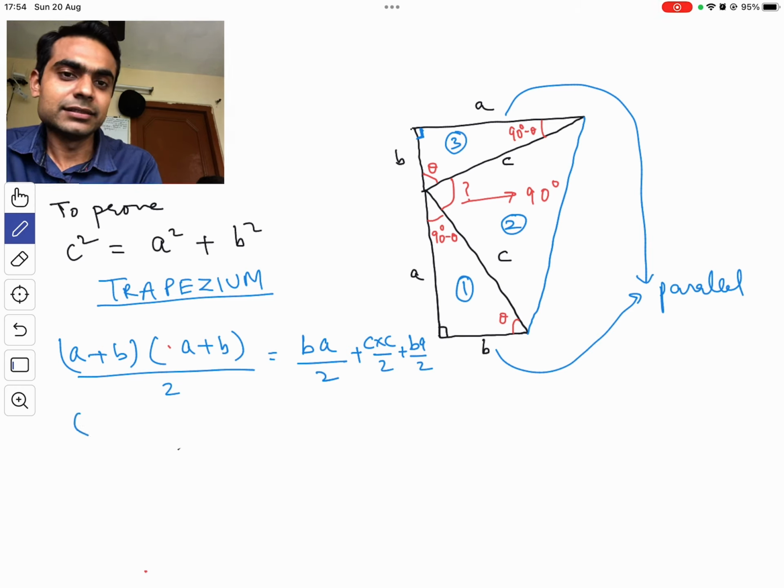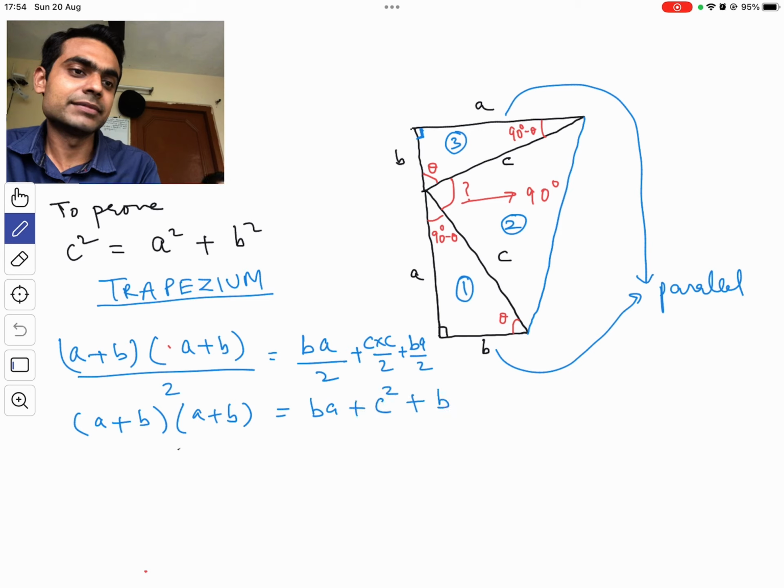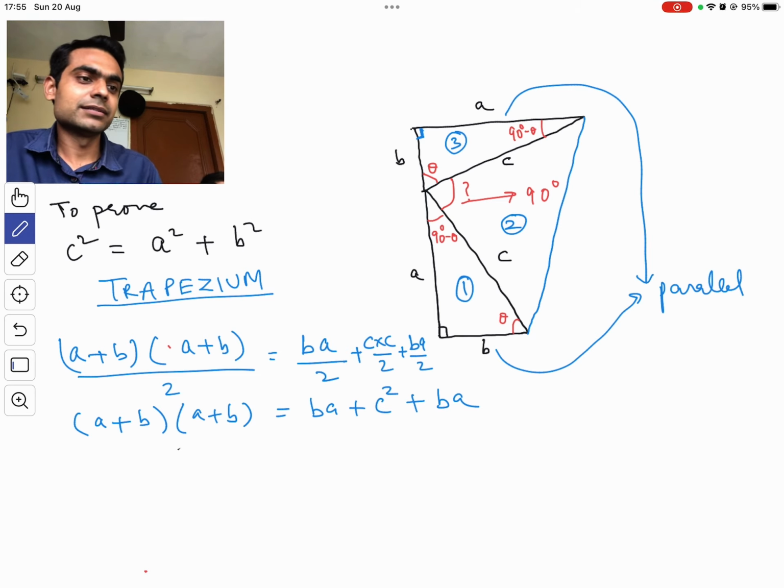So when we multiply, the 2 gets removed and it becomes (a plus b) times (a plus b) is equal to b times a plus c times c, which can be written as c squared, plus b times a. And now I have (a plus b) times (a plus b). So if you know the identity, you can write this as a result there. But if you don't know the identity, don't bother about that. We can find this by a very visual method. So just make